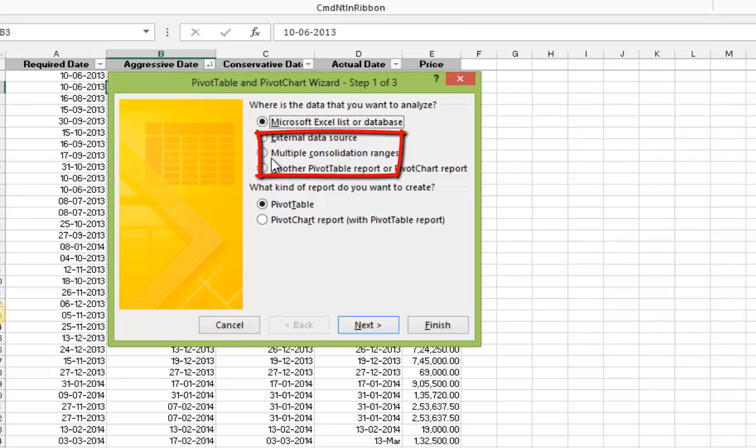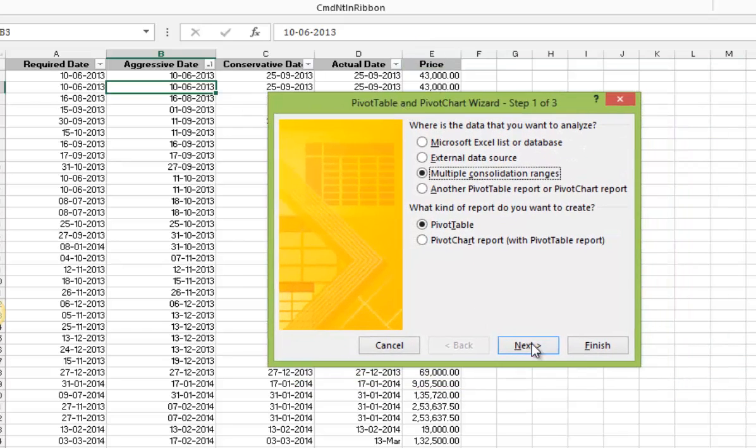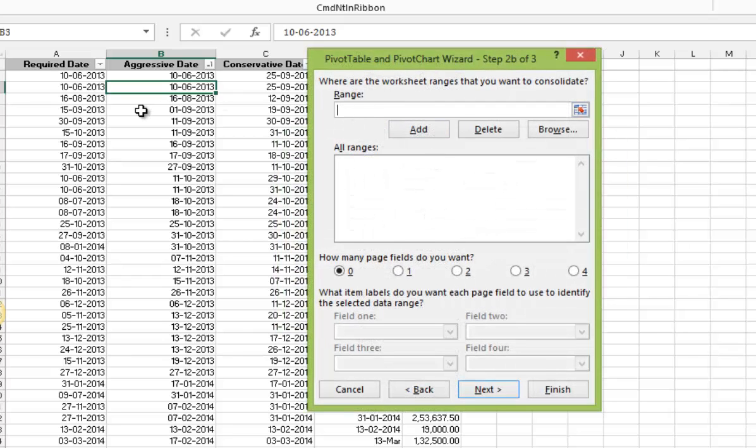Click multiple consolidation ranges. Here three or four dates are there, but these are all for the same field. You want all four in a single column, so multiple consolidation range. Click next. Don't let Excel decide which are your common columns. Just create a page field. Click next. Range you want to add is A1 to the complete data,